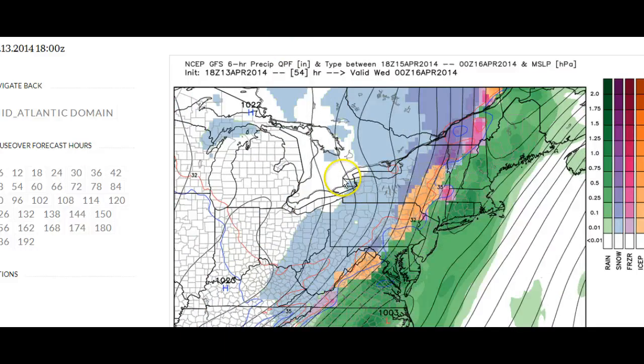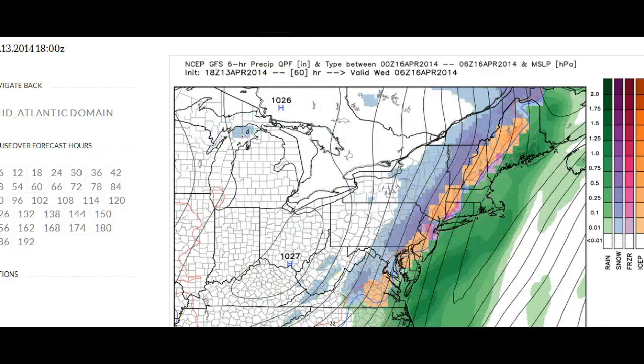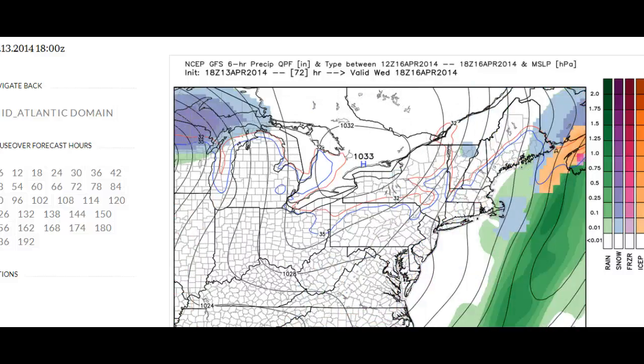There's a few flakes here at the end. I would not be surprised to see that, but again, no accumulations, and of course the ground is too warm to support any accumulations anyway, even if it does go over to all snow. This does move through, and we have a very cold day relative to this time of year, with 10 to 15 degrees below normal temperatures here for Wednesday, and that's in large part due to this high pressure that's moved